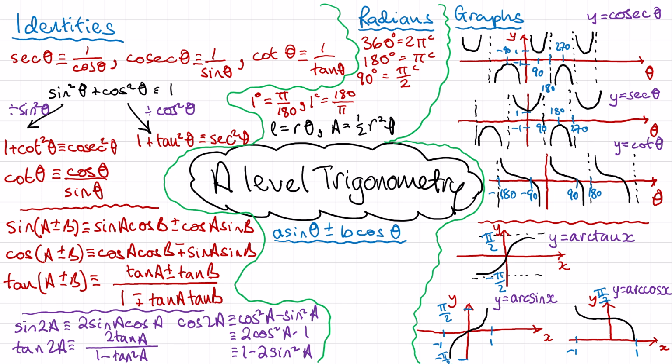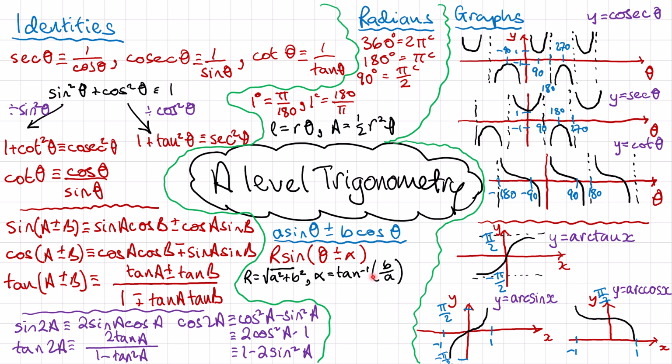Lastly, we're going to look at how we deal with some trigonometry written in this form: a sine theta plus or minus b cos theta. We're going to change it to a different form because trying to sketch this graph is going to be tricky. Trying to solve an equation that has this in, or an identity that has this in, can be tricky, but we can write it in a much more straightforward form. So we'd write it in the form r sine of theta plus or minus alpha, where r is just the square root of a squared plus b squared, so we do Pythagoras on those two numbers,